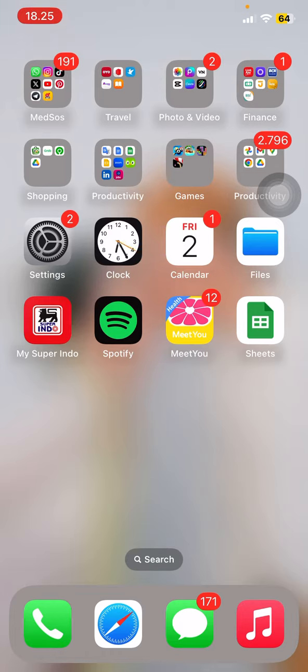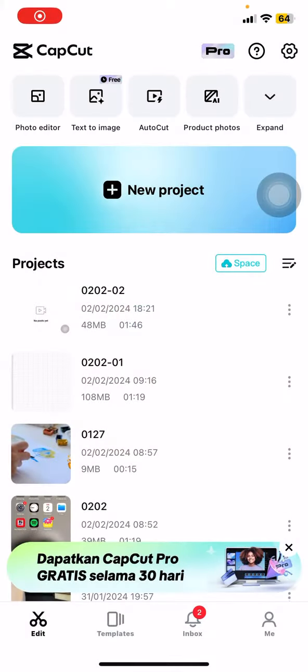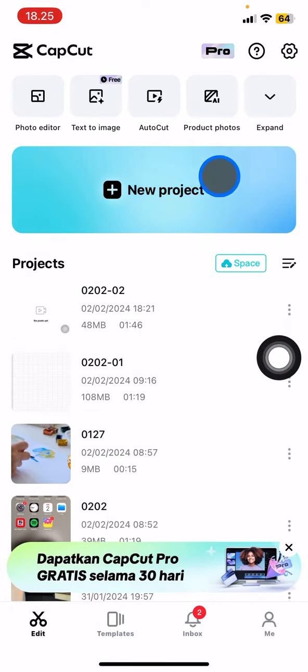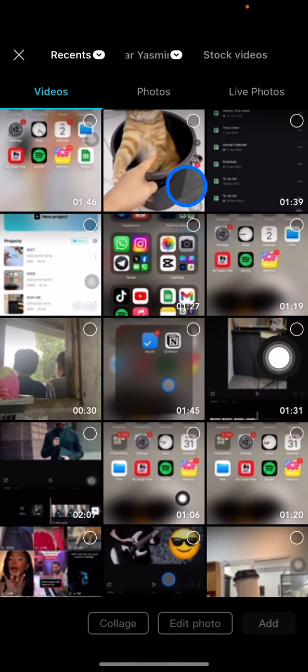to import the videos into CapCut easily and fast. So the first thing that you have to do is just open your CapCut application, and to import a video you just need to start a new project. By clicking this new project button, you will have options to import the videos that you have on your gallery. So you just need to choose which video that you want to add